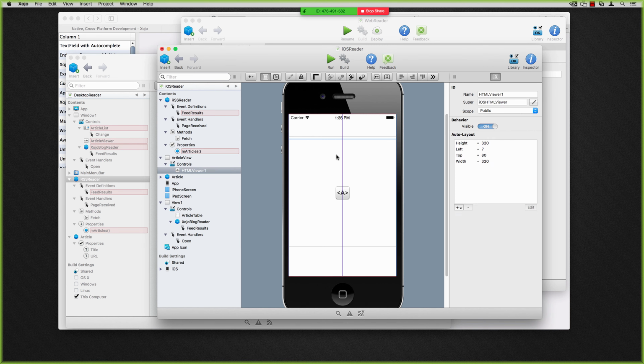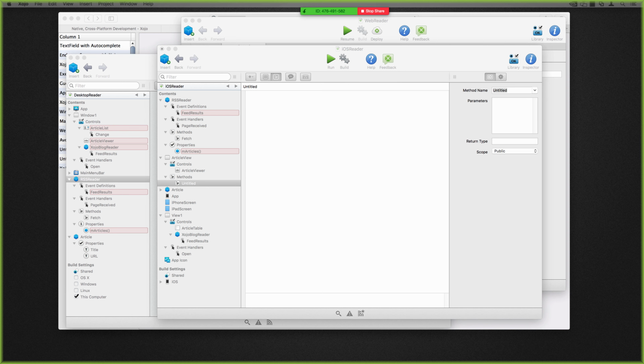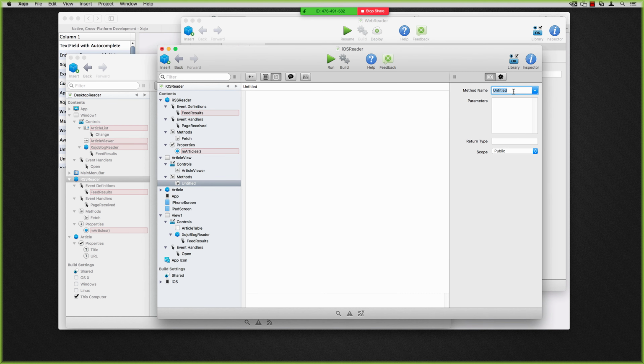But I'm going to add a method on here. And I want to make sure I use the same name, so I'm just checking that. And we'll call that... and I'm just going to have a method here to populate it, so it's going to be... and that is public, so that'll work. And then back on the table,